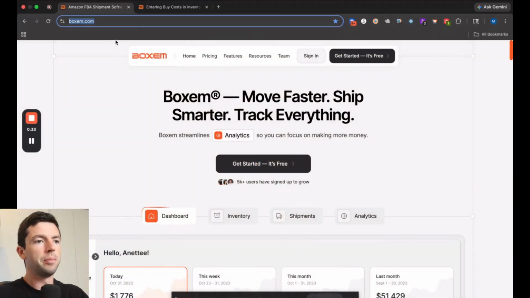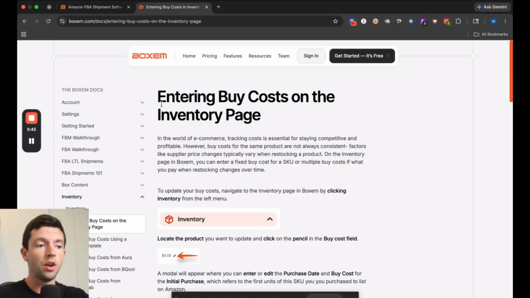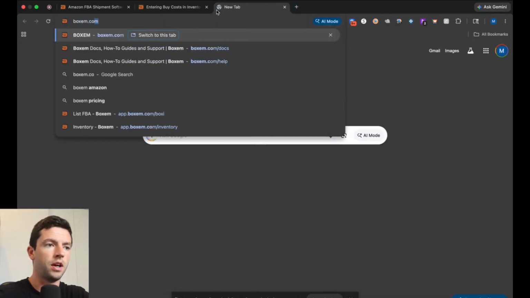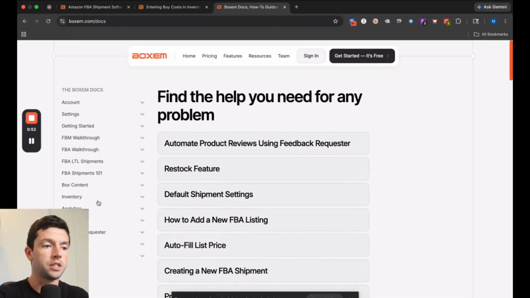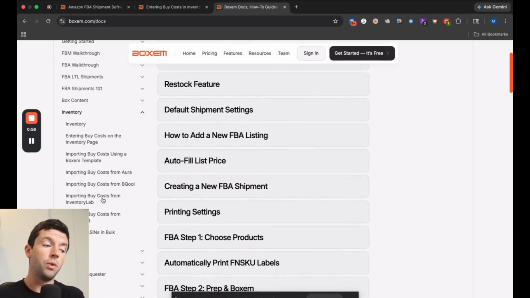So starting off here on Boxem.com, all you're going to need to do to get this going, guys, is to sync your account to Boxem, which is super easy. And then within Boxem, if you just go to Boxem.com/help or Boxem.com/docs, you can see our how-to support and docs. And then all we have to do is go to inventory right here. And then when you're listing new SKUs into Boxem, you add in your buy cost there and that syncs all